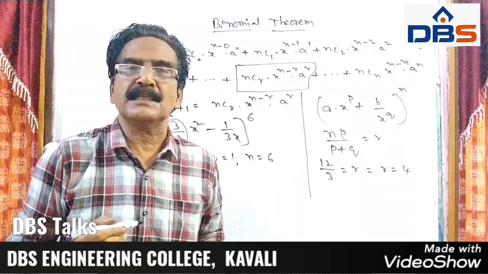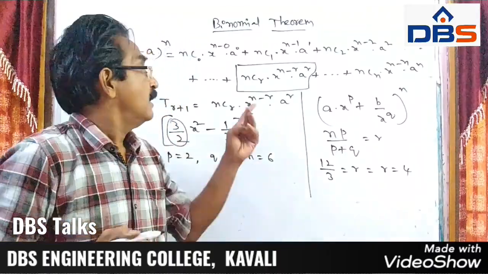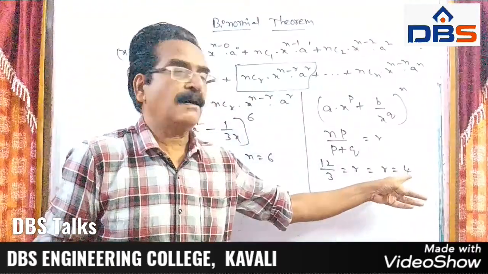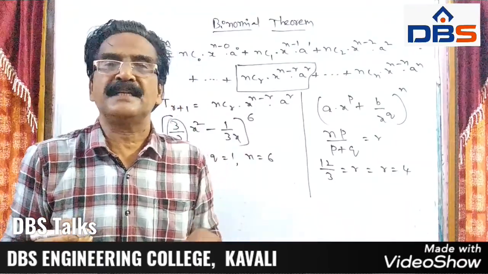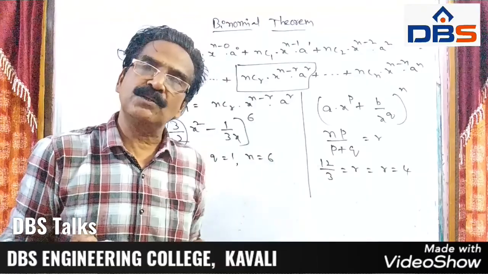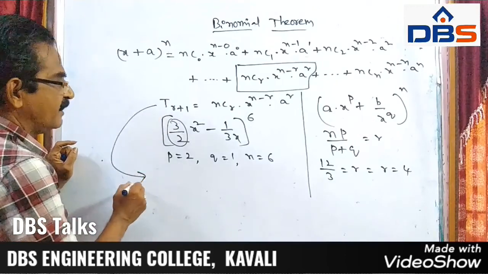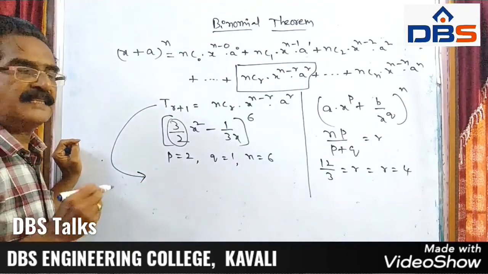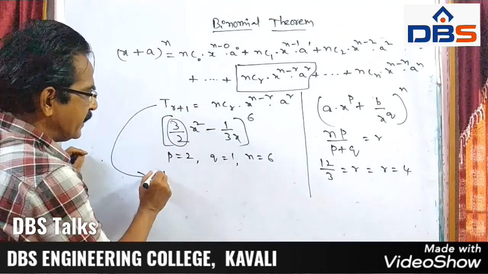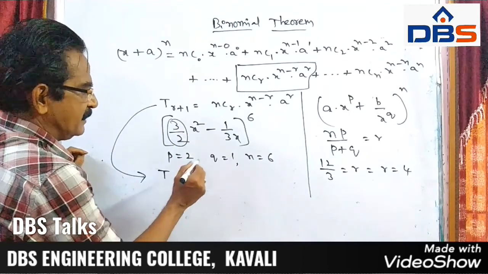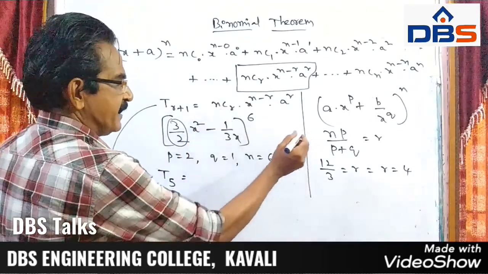Here we got r is equal to 4. Sometimes a small question can be asked, which term is the term independent of x. Here r is equal to 4, not the 4th term. 4 plus 1, the 5th term is the term independent of x. So 5th term means r is equal to 4. For any question, the required term is the general term. So t r plus 1, that is t 4 plus 1, t 5th term is equal to